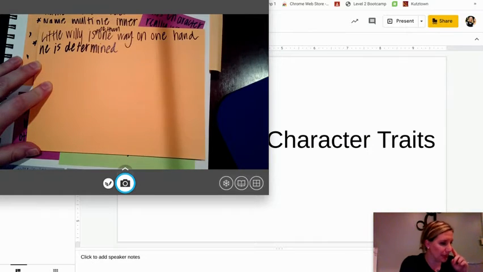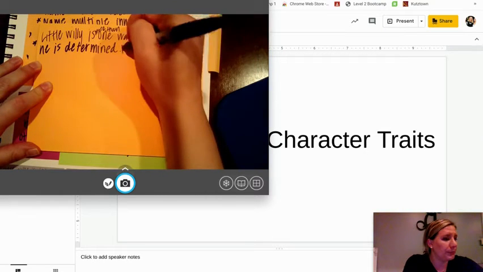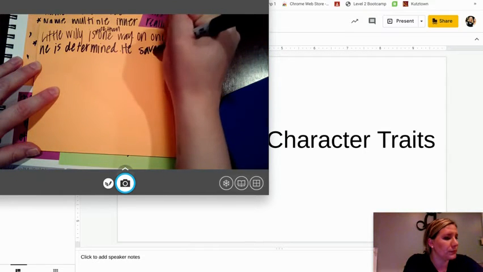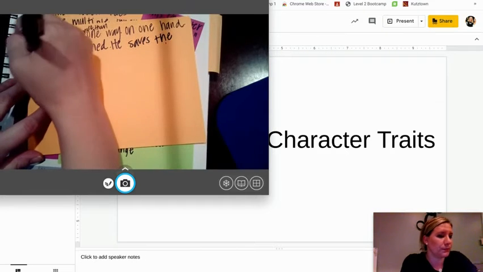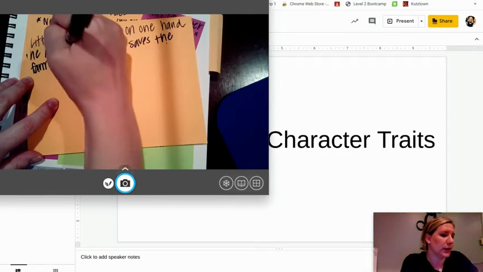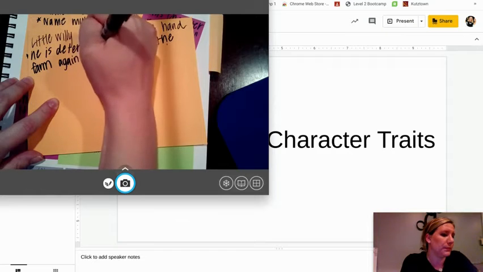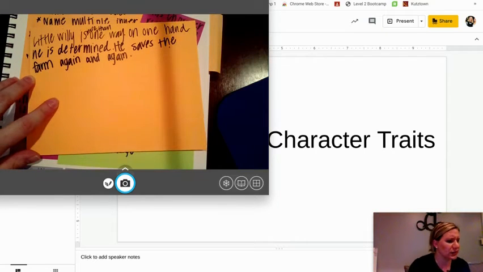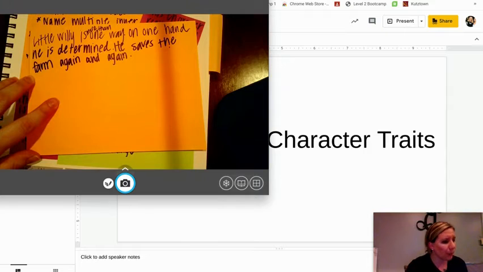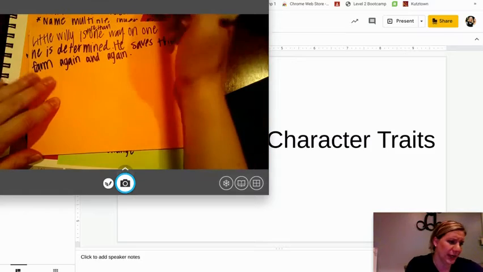Right? We state that. He saves the farm again and again. And he really does it on his own. He enters the race. He harvests the crops. So he does all that work kind of by himself. So on the other hand,